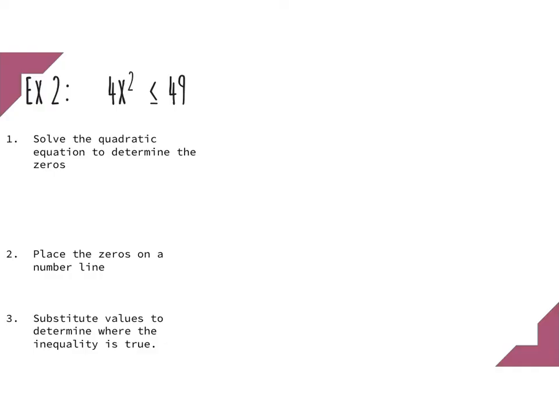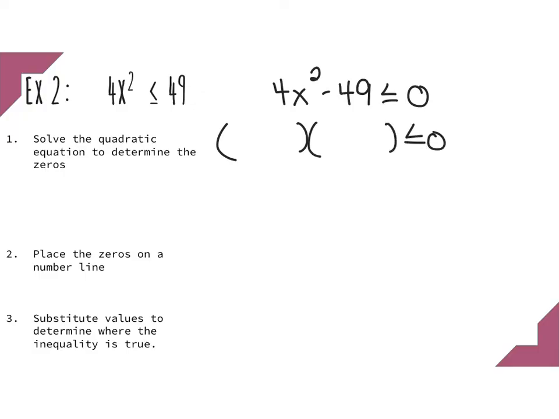All right, this next one is not in standard form, so just like with equations, I would rewrite this as 4x squared minus 49 is less than or equal to 0. I am going to again factor this, and hopefully you recognize this as my favorite factoring pattern, the difference of two squares. I'm going to take the square root of 4x squared. It's a perfect square. That's 2x. And the square root of 49 is 7. Okay, so they're both perfect squares, and since it's a difference, the pattern is one's a plus and the other